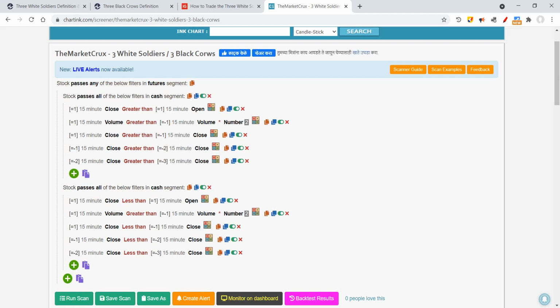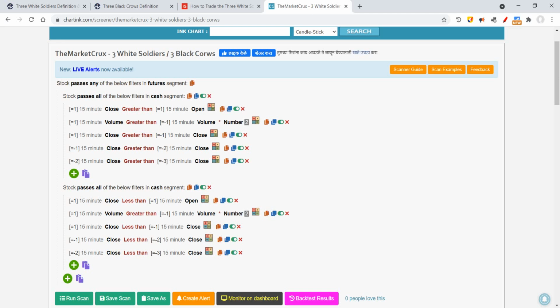And the second section over here actually checks for all the bearish stocks. And I have put in a filtration criterion over here, which basically filters only futures stocks to trade on. I prefer to trade on futures stocks. Typically you will get anywhere between 3 to 10 stocks every day on this screener.